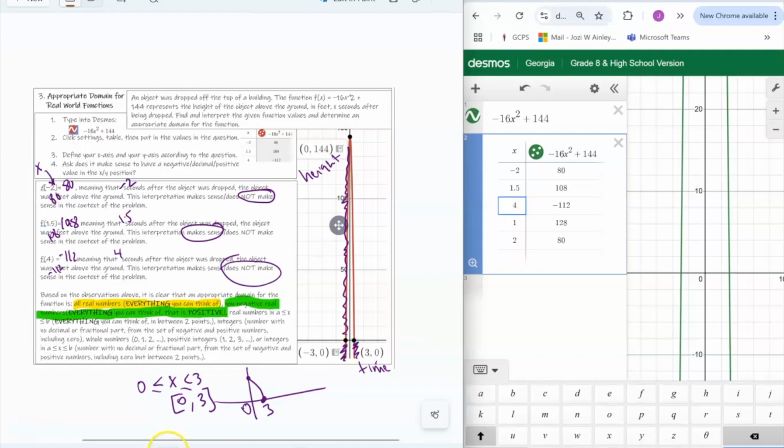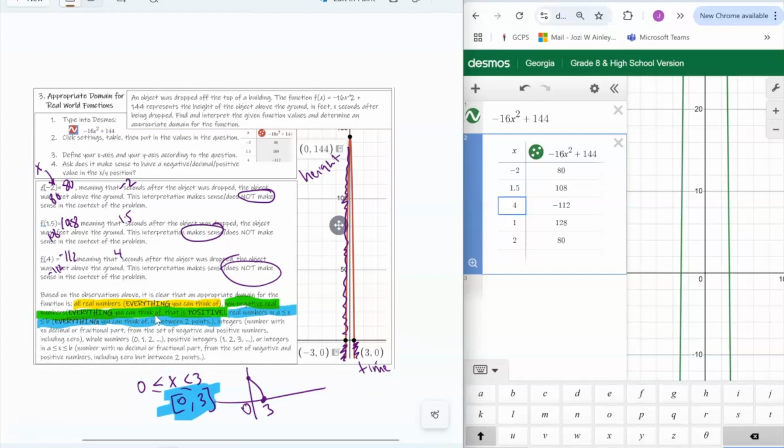All right, so now let's keep going through my definitions. Real numbers in a less than or equal to x less than or equal to b. What does that mean? So real numbers within a restriction. That means everything you can think of between 2 points. That's what I need. So what is that called? Real numbers between 2 points. Okay, and you just go through reading what it means in order to see what your answer could be for